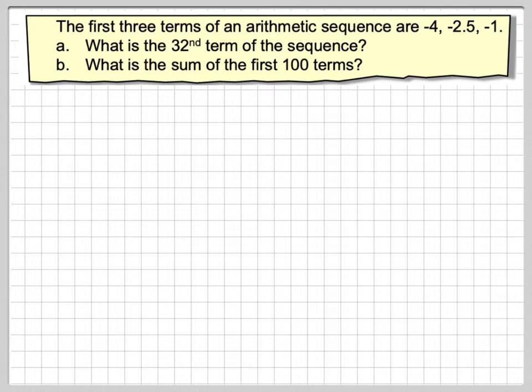Well, the first thing to realise about an arithmetic sequence is that they go up or go down by the same amount each time. That's called the common difference. So, an arithmetic progression or sequence,